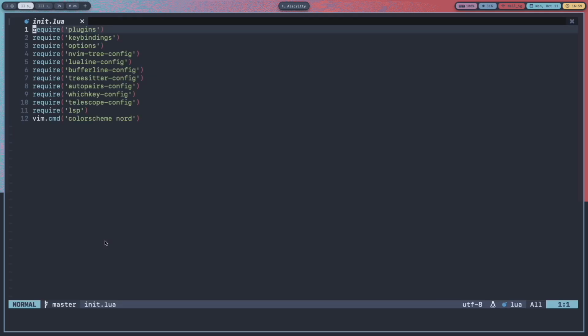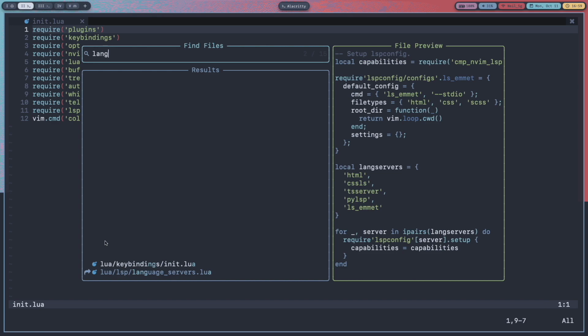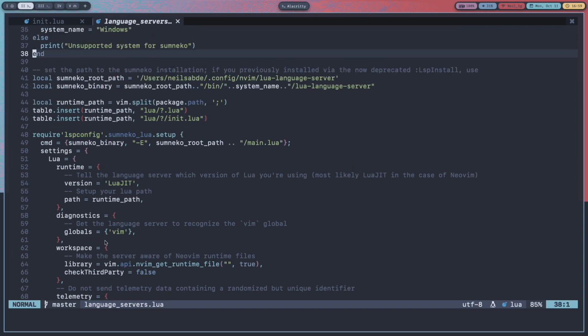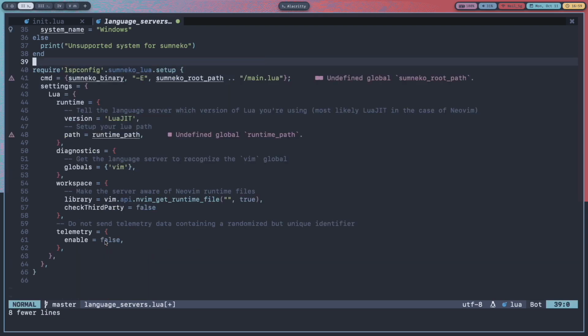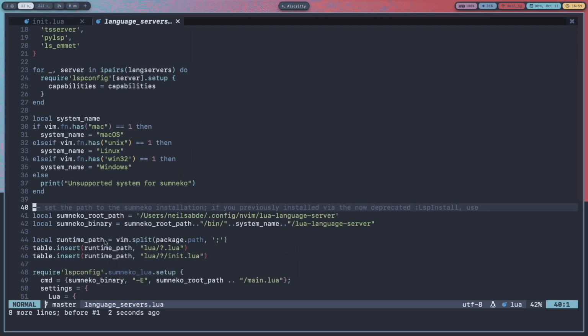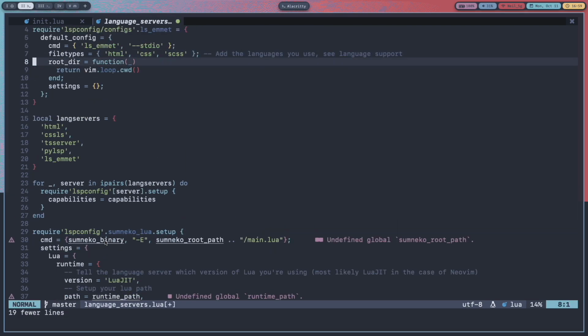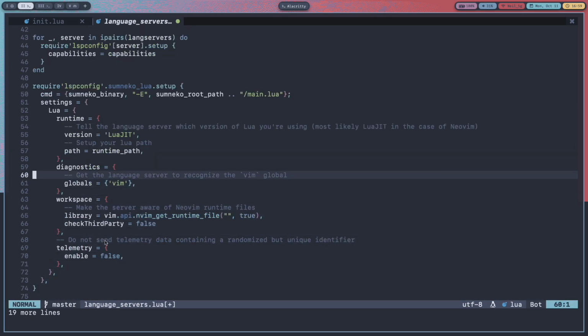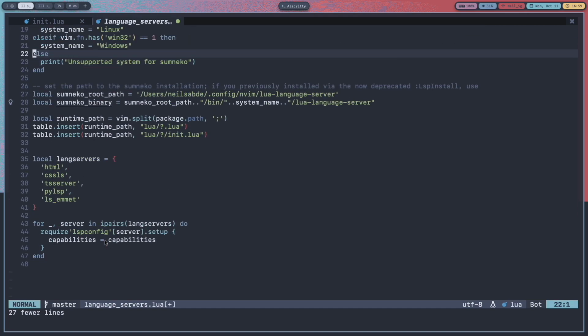Now let's try that with language server, here with sumneko_lua. So to do that, let's put this up here. We also need to copy this part. Okay, and let's paste this also here.